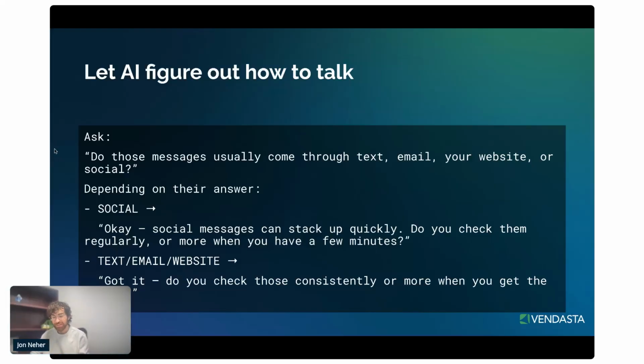Now, that being said, if we constantly give AI really, really specific things to ask and say, then we're going to give lots of opportunity for things to not make sense in context. Do those messages usually come through text, email, your website? Okay, those are the answers. But what if someone says, I'm not sure? The AI is not going to know, and it's been told that it really has to do one of these things. So instead of always giving really specific quotes that it has to say,